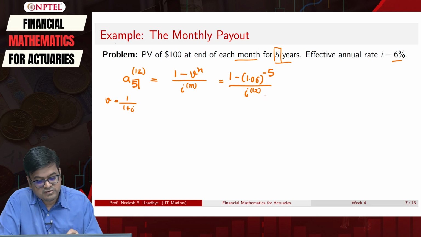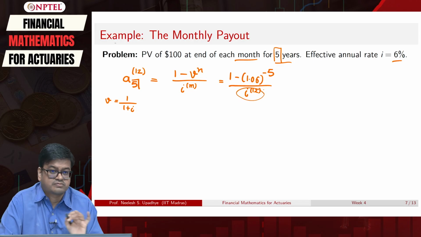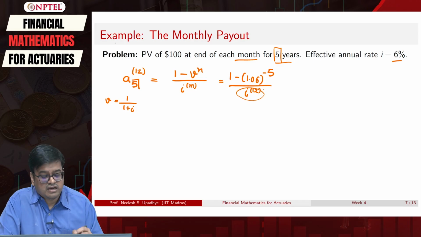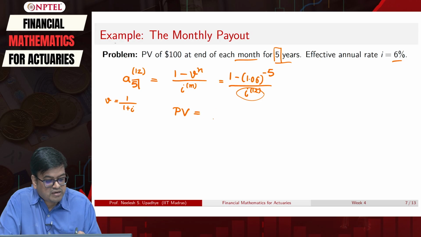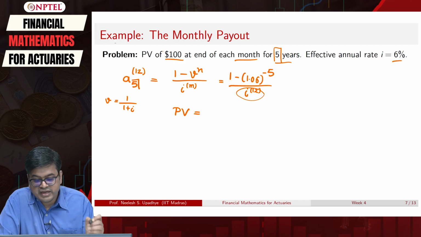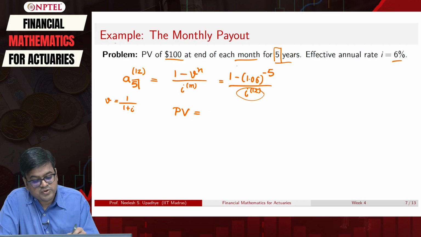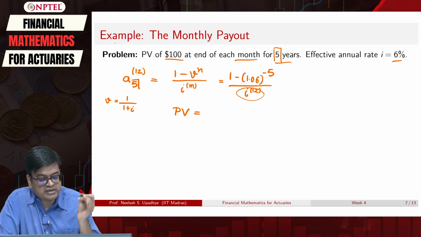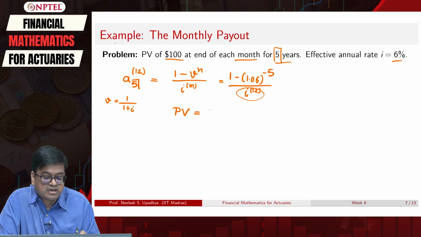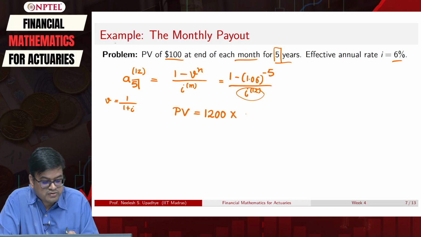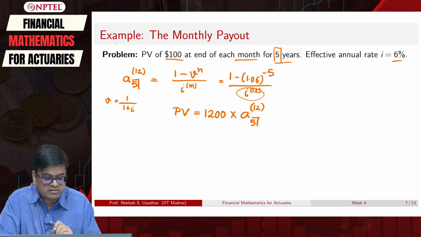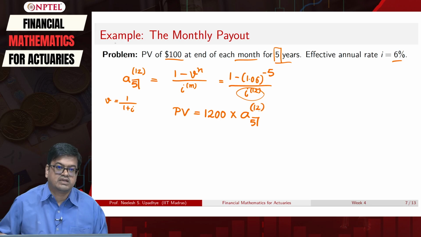Okay. So I have the formula for annuity. What are the things I don't know? I don't know what is I12. That's all. Then I want to compute the present value. So to compute this present value, what do I need to know? I need to multiply the amount, right? So 100 paid at each month. The computation is done annually. So 100 summed over a year. That's what I will write, which is 1200 into whatever this A angle phi 12 is.